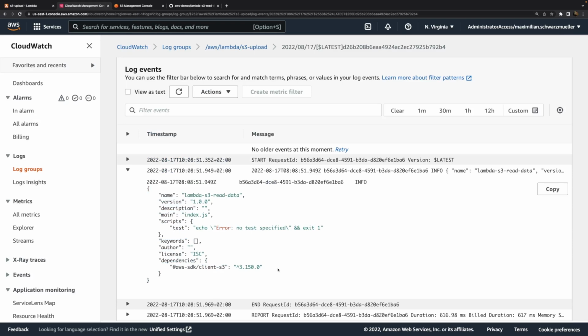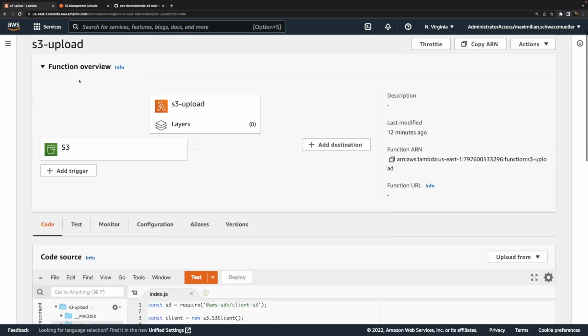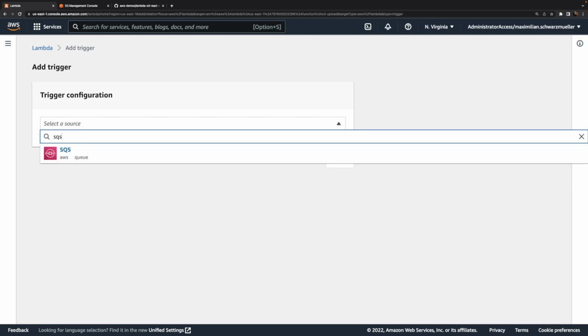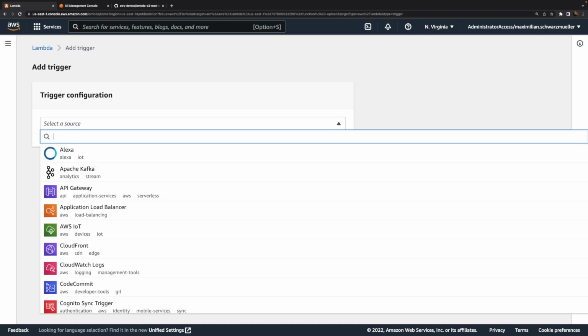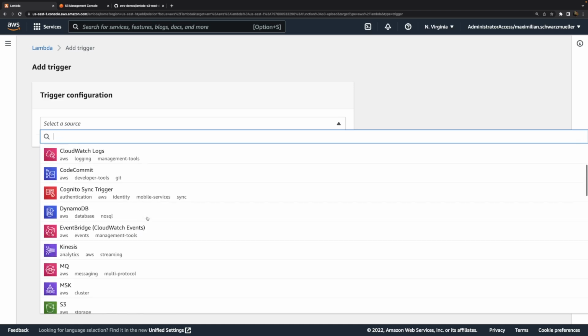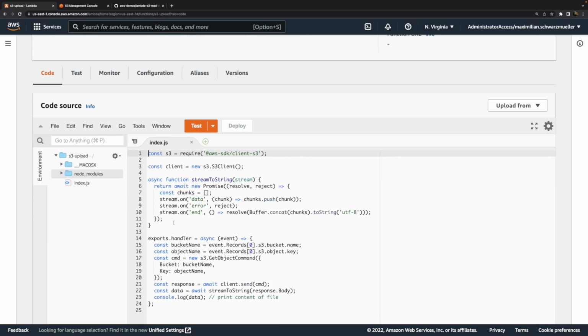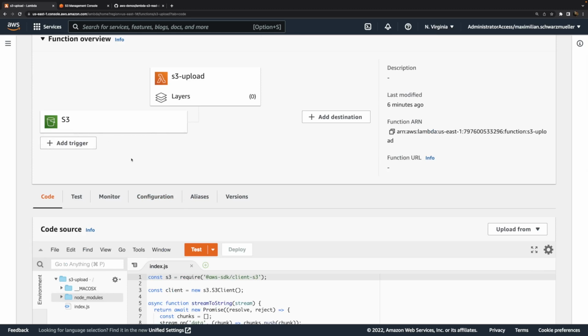And that's just one of the many things you can do with Lambda. Besides S3, there are many other sources you can add. You can also trigger it manually through the AWS SDK, for example, as part of a process running on an EC2 instance. You can also use SQS or SNS as trigger sources, and these are other services I cover in my course. Lambda in general is a highly versatile service that allows you to execute code upon the occurrence of certain events. One Lambda function can also be connected to multiple event sources, of course, and you can therefore build highly flexible dynamic systems and microservices architectures with the help of Lambda.